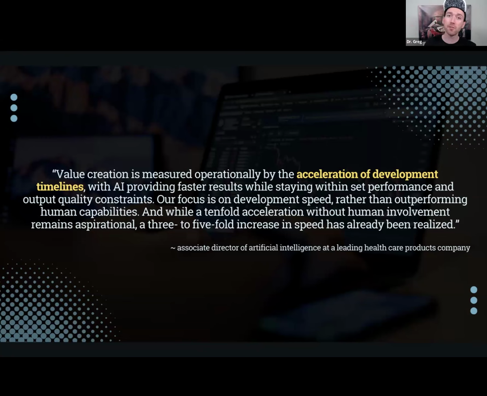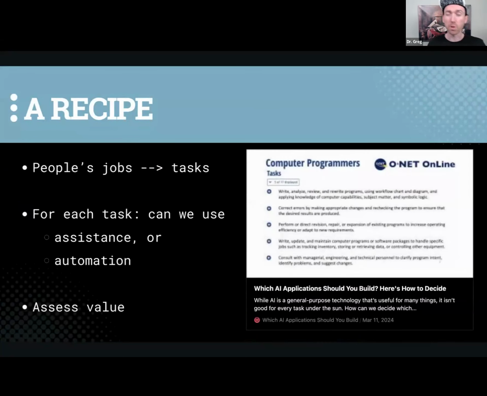And it harkens back to classic AI, classic ML, and deep learning, where if you're not sure you can actually do the thing, it really does add a significant amount of uncertainty and risk, which is not something that the industry today has quite the appetite for. Rather, if you focus on just doing what humans can already do, but faster, even if you need to take their job and break it down into a series of tasks.